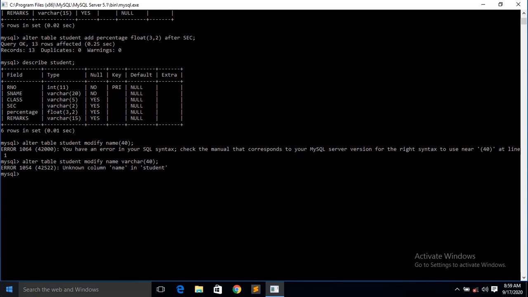What is it? Unknown column name. Okay, that means here an unknown column name is given. Actually you can see here the field name I have given is sname, is not it? Sname. So you have to be very careful. Sname. I have not given name. I have given sname here, so it can't search the existing field name. So the actual field name is sname. So here